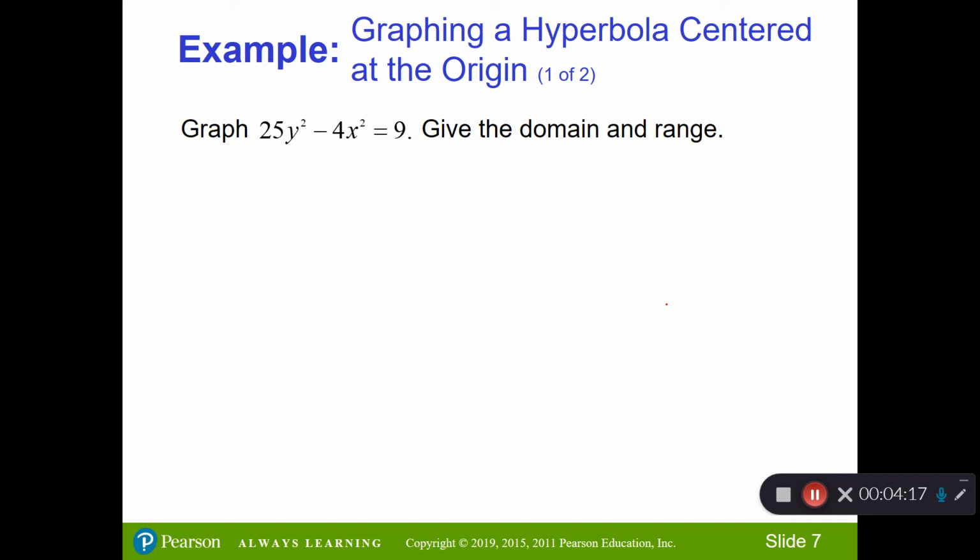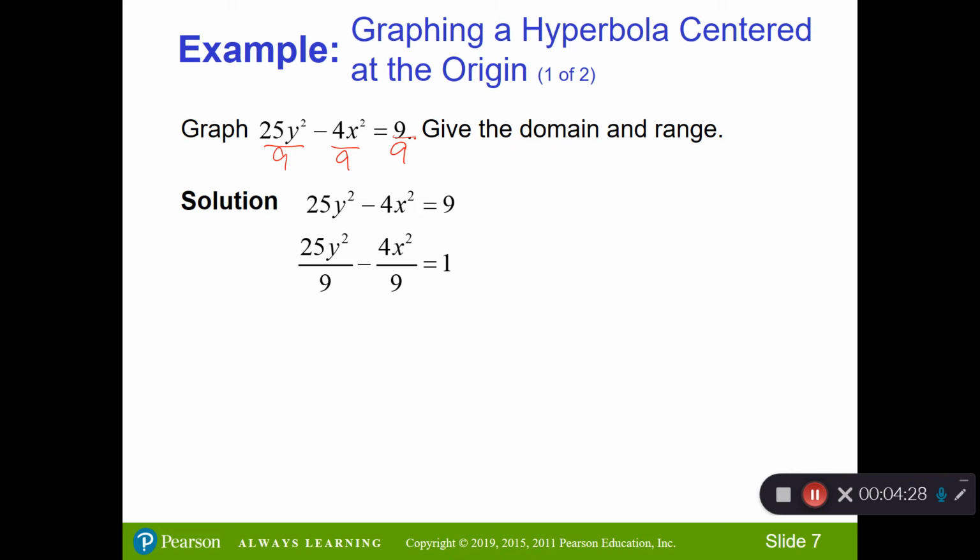All right, now I want to graph this one. The first thing we need to do is make sure we get a 1 where the 9 is. So I have to divide everything through by 9 first to get my 1 there. So we get 25y squared over 9 and 4x squared over 9. But I need the coefficient of the x squared and the y squared to be a 1, so I'm going to divide, moving this 25 to the bottom and the 4 to the bottom. So it'll look like